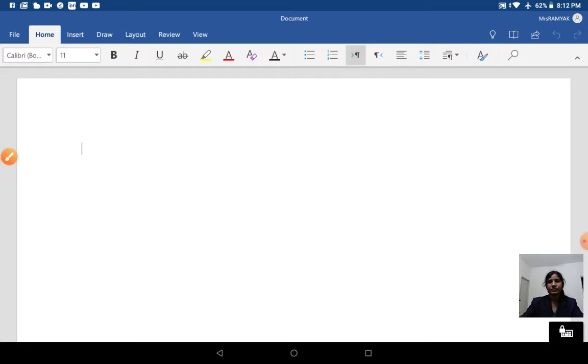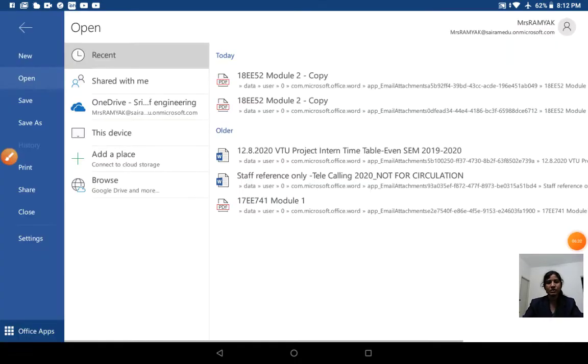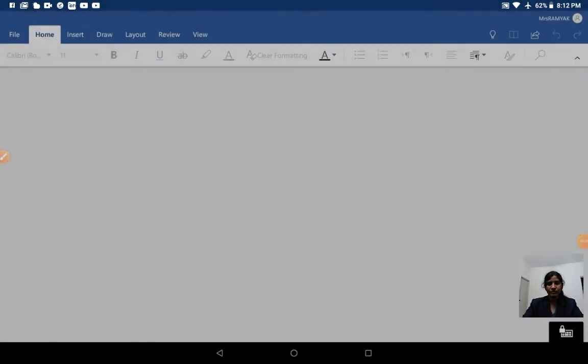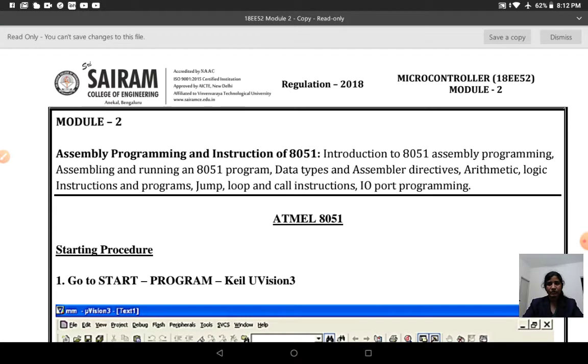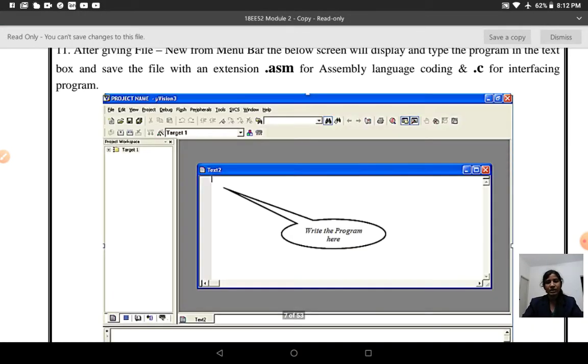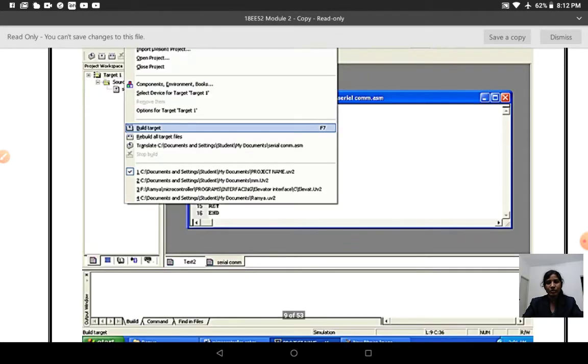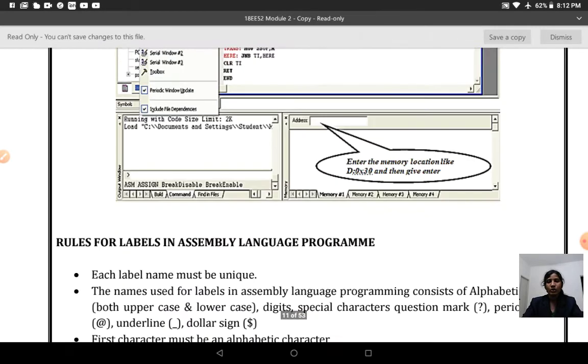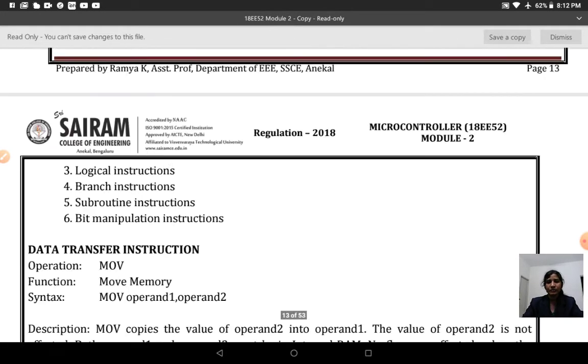Next is your add instruction with the different addressing modes. Whatever I have shown so far is the immediate addressing mode. Now I will show some other addressing modes.